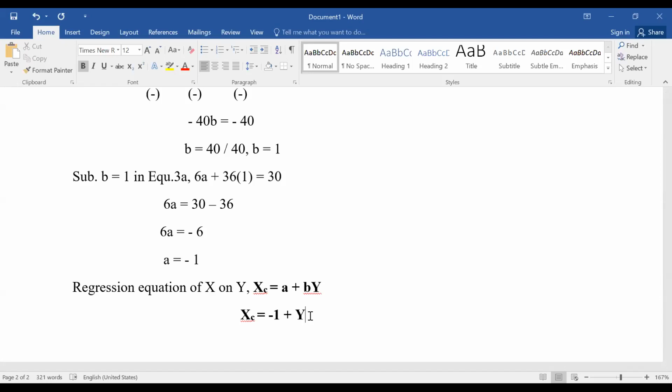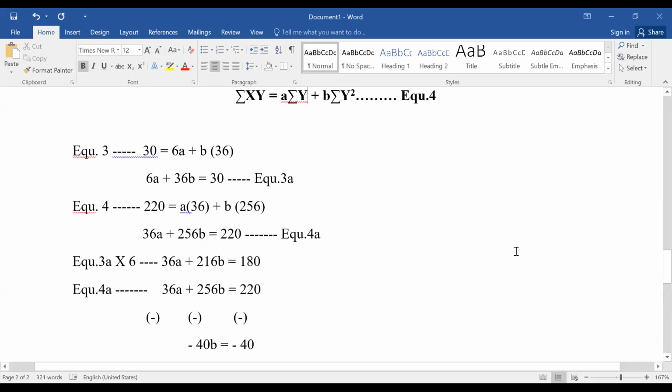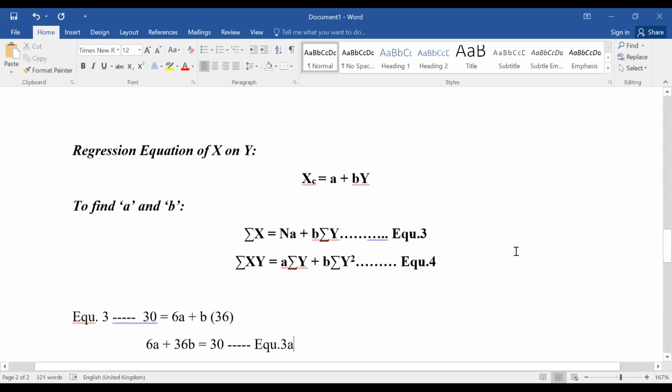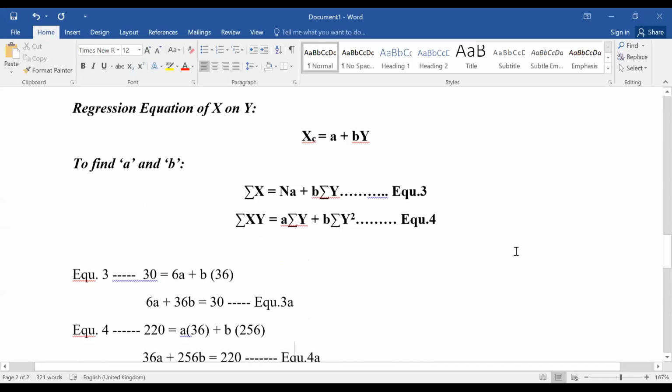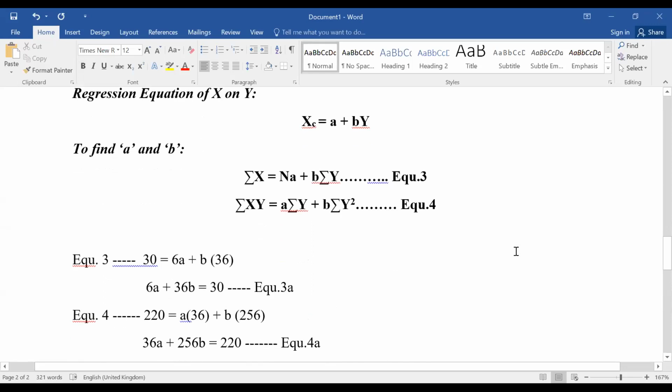Now, is it clear? You got the value, right? So this is how you have to solve the regression equation problem. Okay, now you can copy. Please, those who have not copied, tell me. Again, I will start from the first. Now I will go to the second page, regression of x on y. Copy this step. The procedure is the same as you did for y on x. Only instead of summation x square, you have to substitute summation y square, and wherever x is there, y will be there. Just like an interchange, that's all.